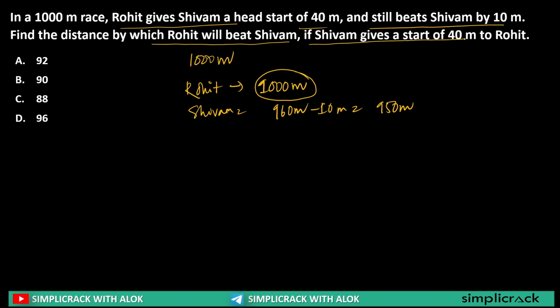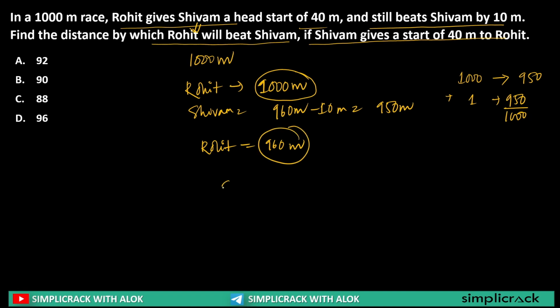If Shivam gives a start of 40 meters to Rohit, now what is happening? Rohit will be running 960 meters. Now see, when Rohit was running 100 meters, Shivam was running 950. When Rohit was winning. So when Rohit will be running 1 meter, Shivam will be running 950 by 1000 meter. Here, as Rohit is winning and running 960 meters, Shivam will be running